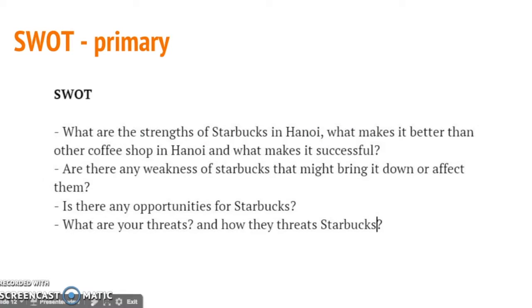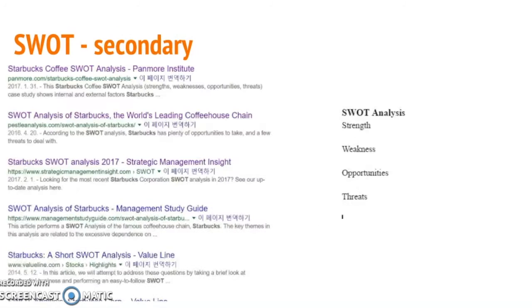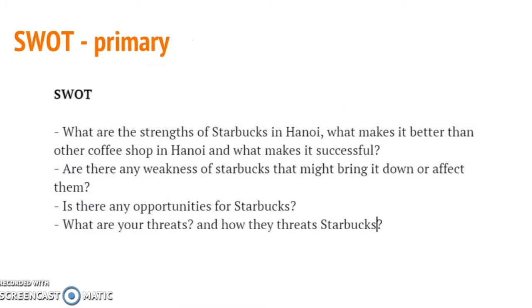SWOT. For the secondary research SWOT analysis for Starbucks, we have researched what the strengths, weaknesses, opportunities, and threats of Starbucks are, and we collected all the data in a document and started to organize it to see if they are good information or if they are useless information. We did the SWOT analysis also based on the primary research data we got from the interviews we had. Since the customers and employees gave their different points of view, we were able to collect many different kinds of data.